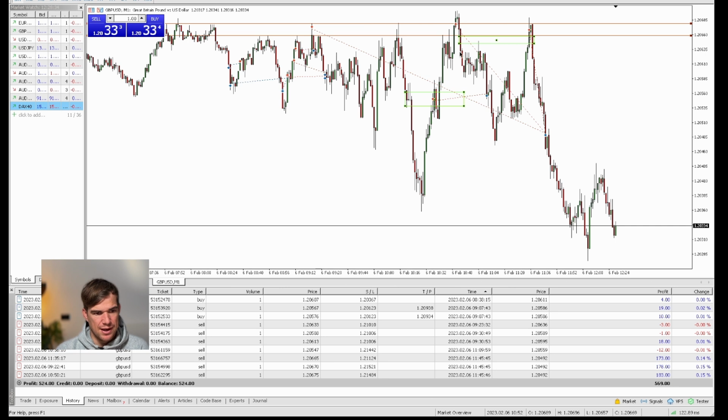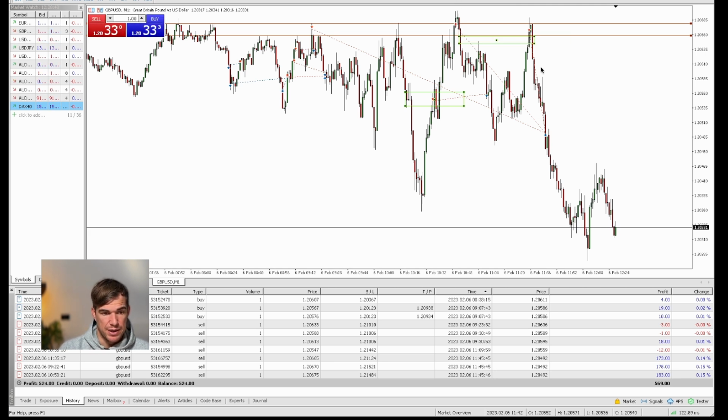When it came back up to retest this area, I reanalyzed the chart and I saw that we're still in buy side liquidity and I added this position. Then it came back down and that was the final position. And the reason I had 3 is because I didn't expect the price to come down this low. I wanted to target this high here.